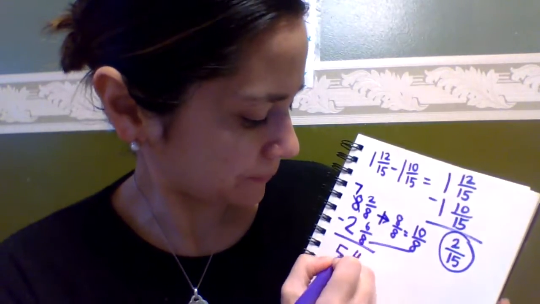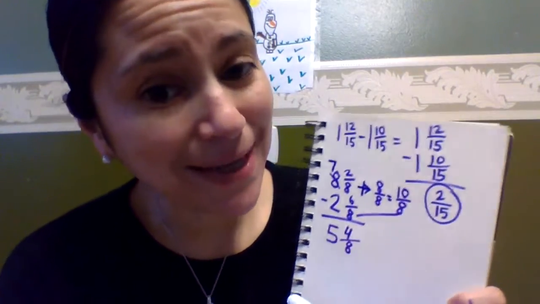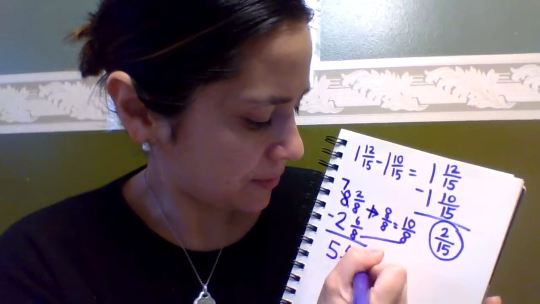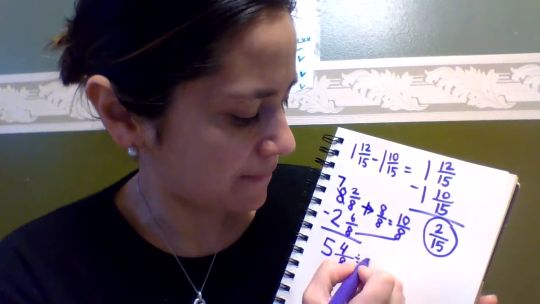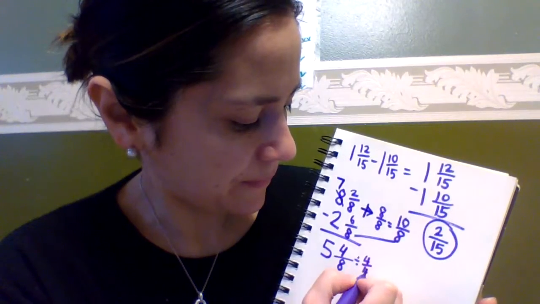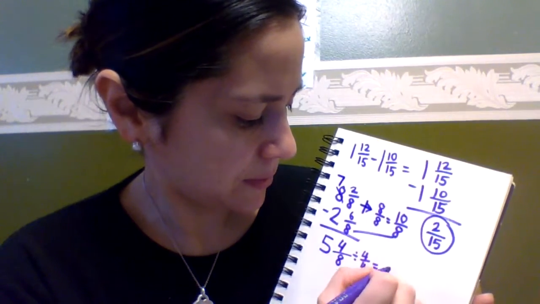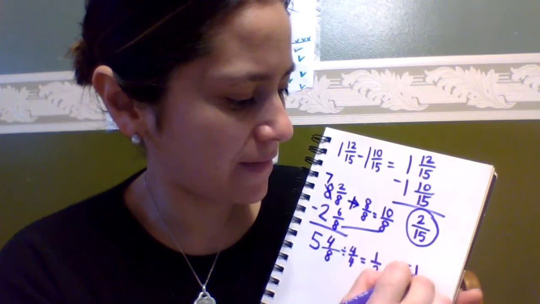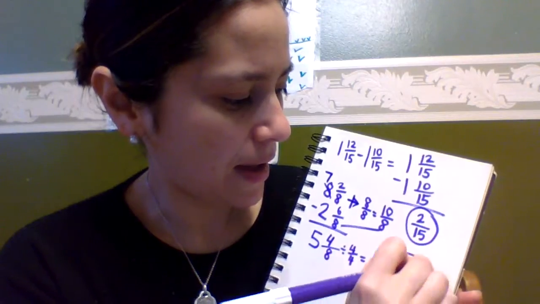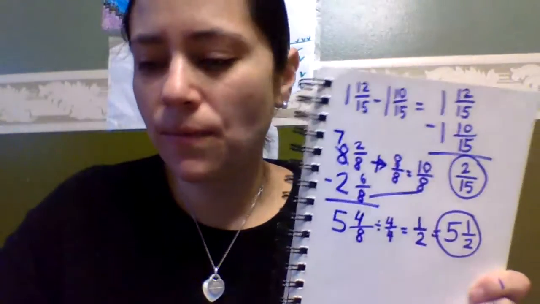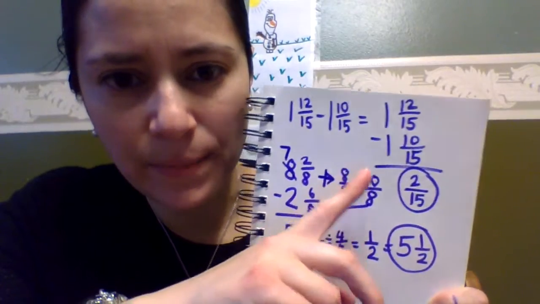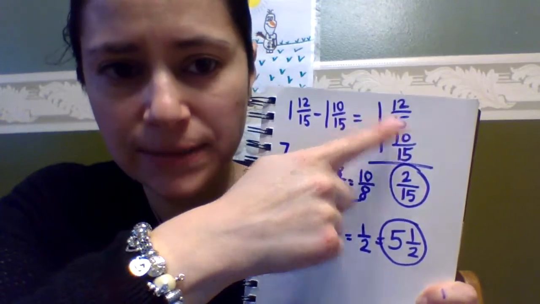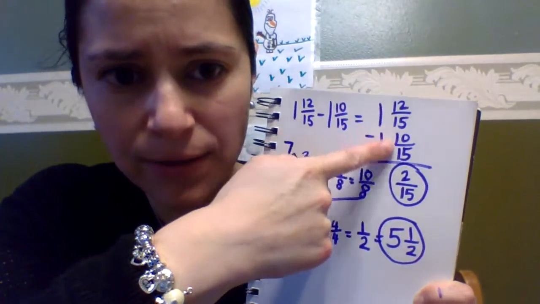5. Now, I'm not done, because what can I do with the 4/8? I could simplify it. So, divided by the greatest common factor, 4, equals 1/2. So my answer is 5 and 1/2. Okay? So I showed you the first example on how to subtract when the fraction part is greater than